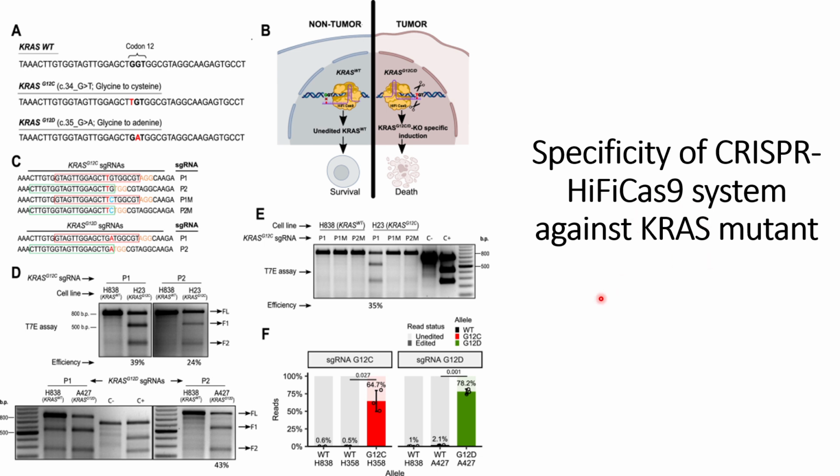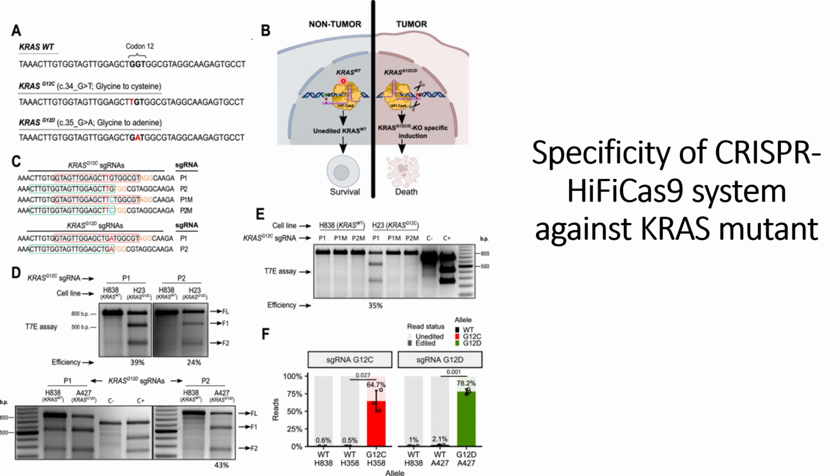So, the researchers wanted to make a system that can kill the mutant KRAS in the cancer cells, but at the same time minimum damage happens to the wild type KRAS that are present in the healthy cells. This is their idea. They wanted to develop a system that can target this KRAS mutant but not the KRAS wild type. So their idea is shown in panel B, where we can see that in the non-tumor